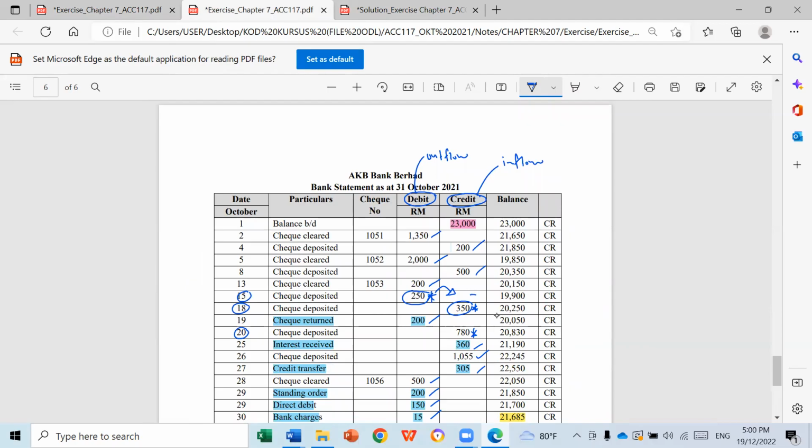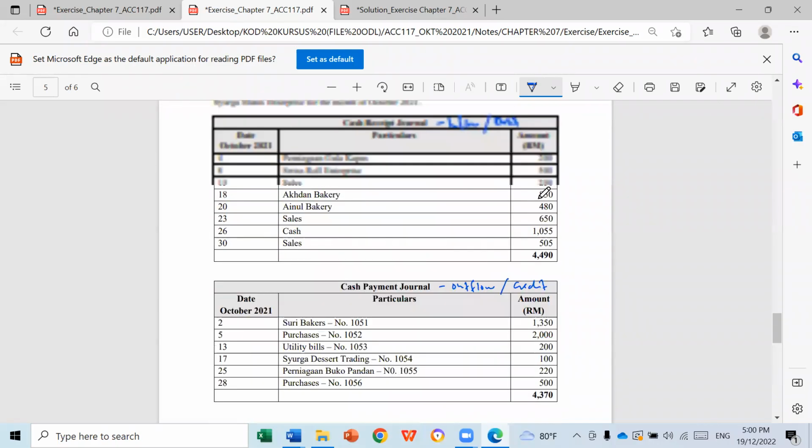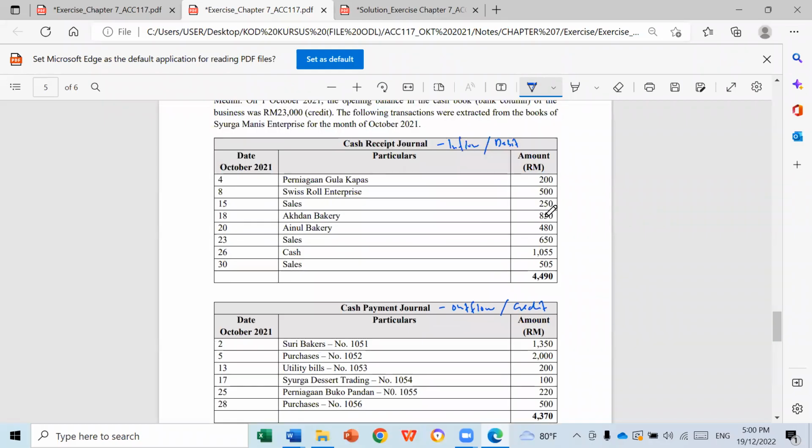So we have to minus for the difference, because we have to follow what the bank do. Bank only credit by 350, meaning the bank only recognize the amount deposited by 350 instead of 850. Even though we are correct, we have to follow the bank, so we have to minus the extra,